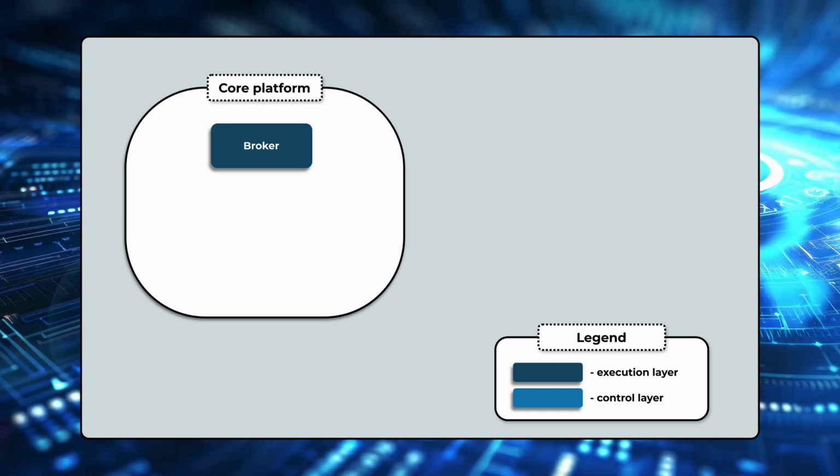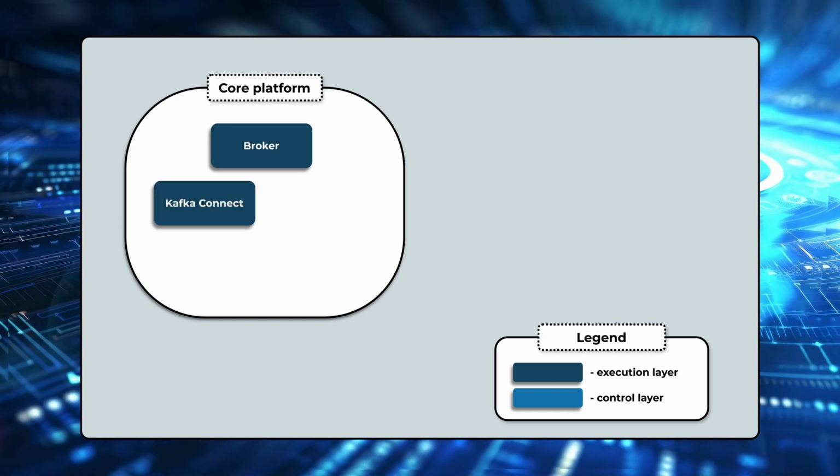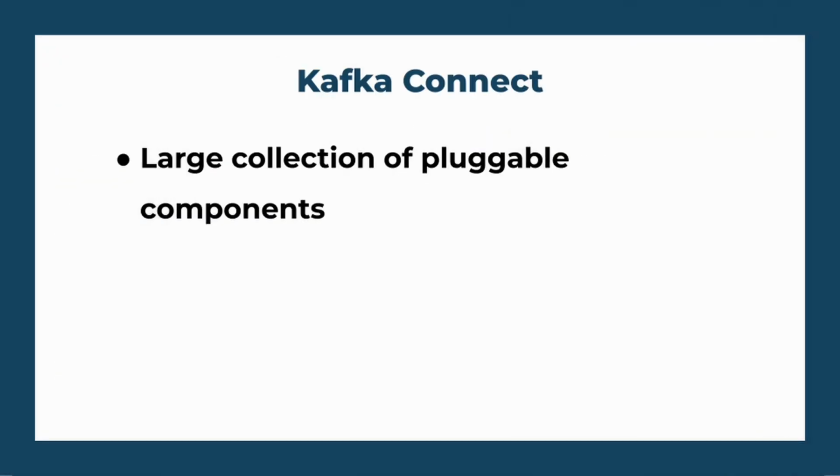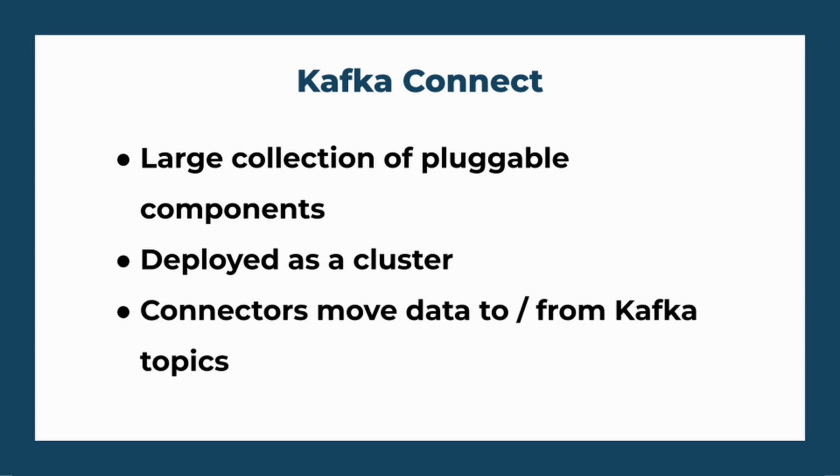The technology that addresses this problem is Kafka Connect, a large collection of pluggable components that integrate Kafka with tons of different technologies. Kafka Connect is deployed as a cluster independent of your broker. This is where the connectors are running. While the Kafka cluster is dedicated to storing and serving the data by allowing reads and writes to the topics, Kafka Connect cluster is where the connectors are running, moving data from one end to another. Adding a connector to your cluster requires some declarative code and a deployment. After a connector is deployed, the integration is live and your data is flowing to or from your defined